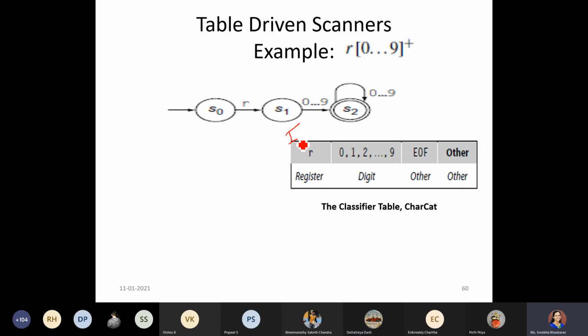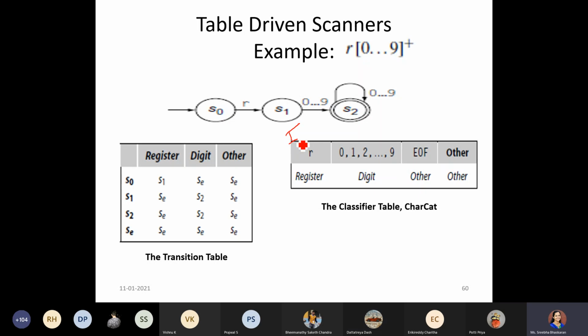Once we get this classifier table, we can generate our transition table by looking at our DFA. The columns are named using the classifier categories: register, digit, and other.